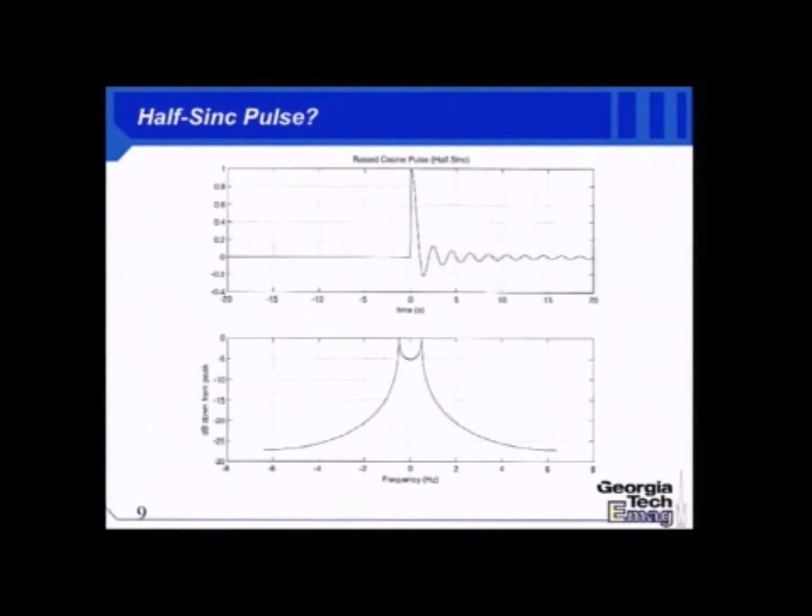Whenever I truncate something, I really mess it up in the frequency domain. I truncated my sinc pulse so that it still satisfies the Nyquist intersymbol interference criterion. It is also now causal, but look what I did in the frequency domain. I sprayed energy everywhere. I did convert this over into the logarithmic scale, but look at that. I'm still only 20 dB. Let's see, I've got a peak at negative 5 dB, and I'm still only about 20 dB down at negative 4,